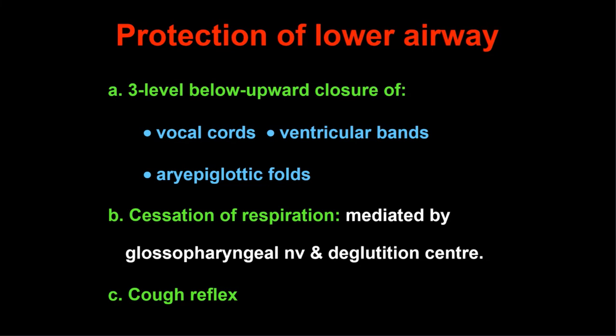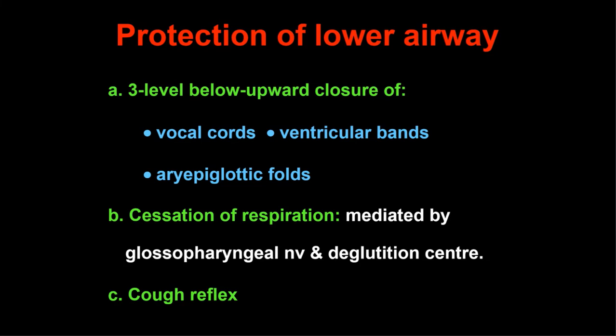Closure of the glottis, closure of the larynx, is helpful for fixation of the chest, for contraction of the intrathoracic and intra-abdominal muscles. Protection of the lower airway is the main function. Phylogenetically, the first developed function of the larynx is protection of the lower airway by closure of the larynx during swallowing.